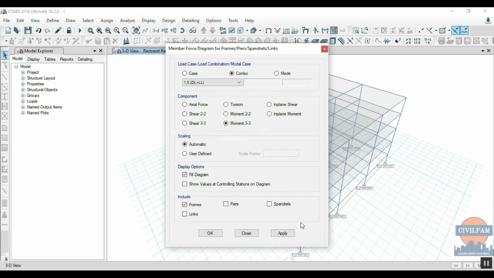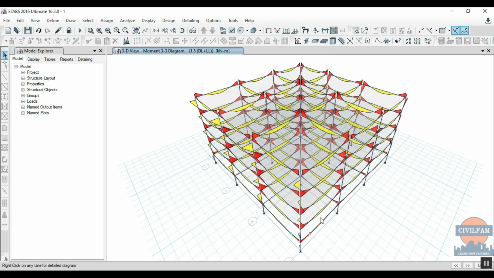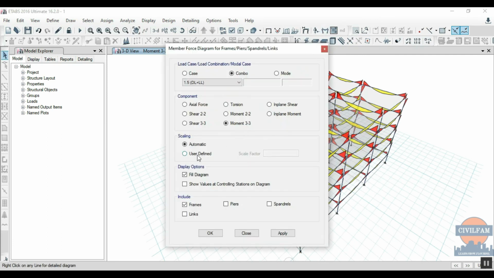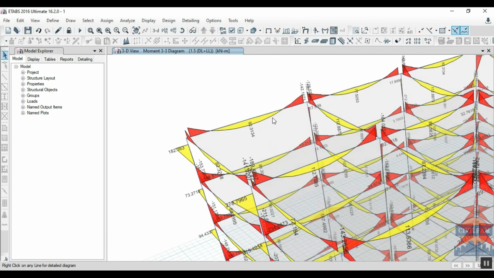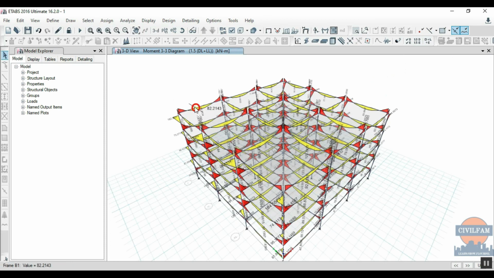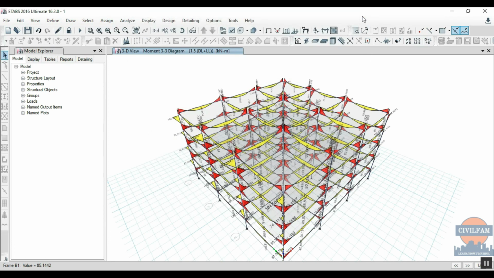Okay, this option M33. If you want to check the moment values also, just hit this option and do show values, apply. It automatically starts showing you all the values here itself, how much moment is coming. So if you want to get moment values, everything, but the thing is we don't get paid unless and until we provide them drawings. And for drawings you need steel values. How do we get the steel values? We go for design,